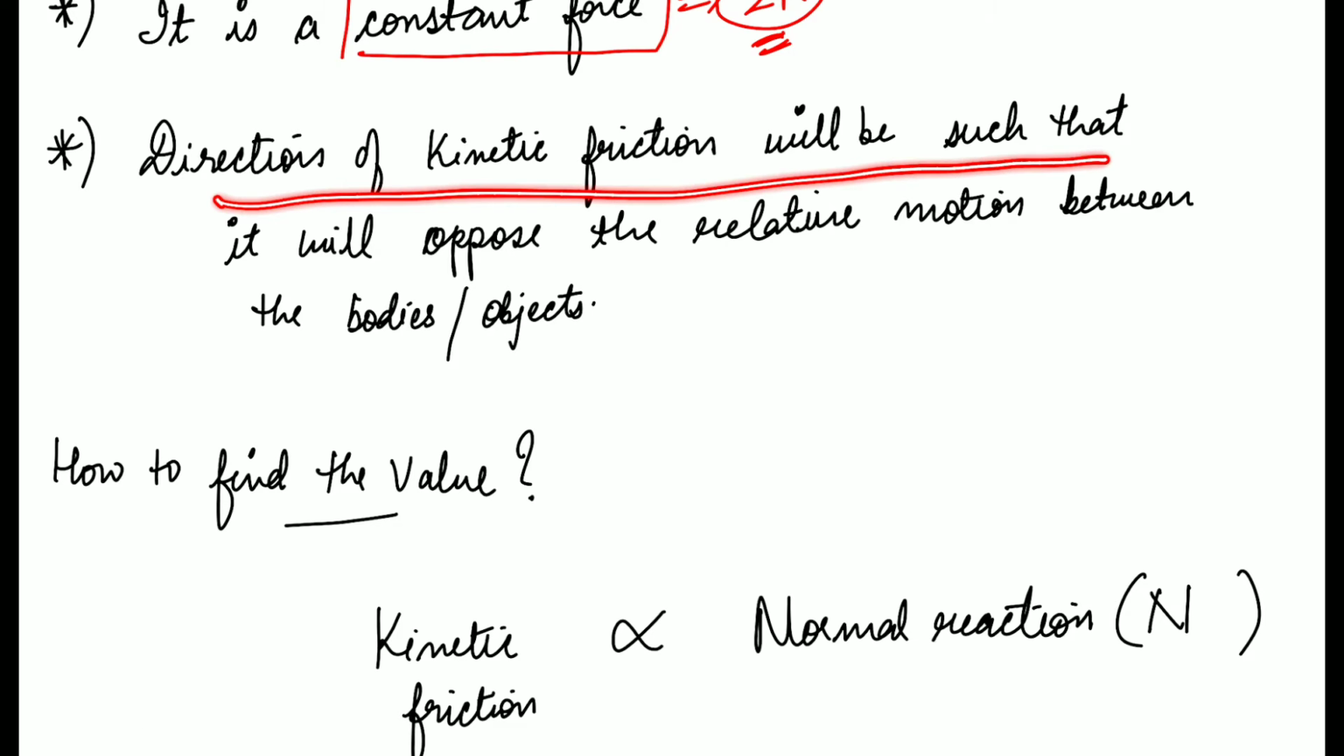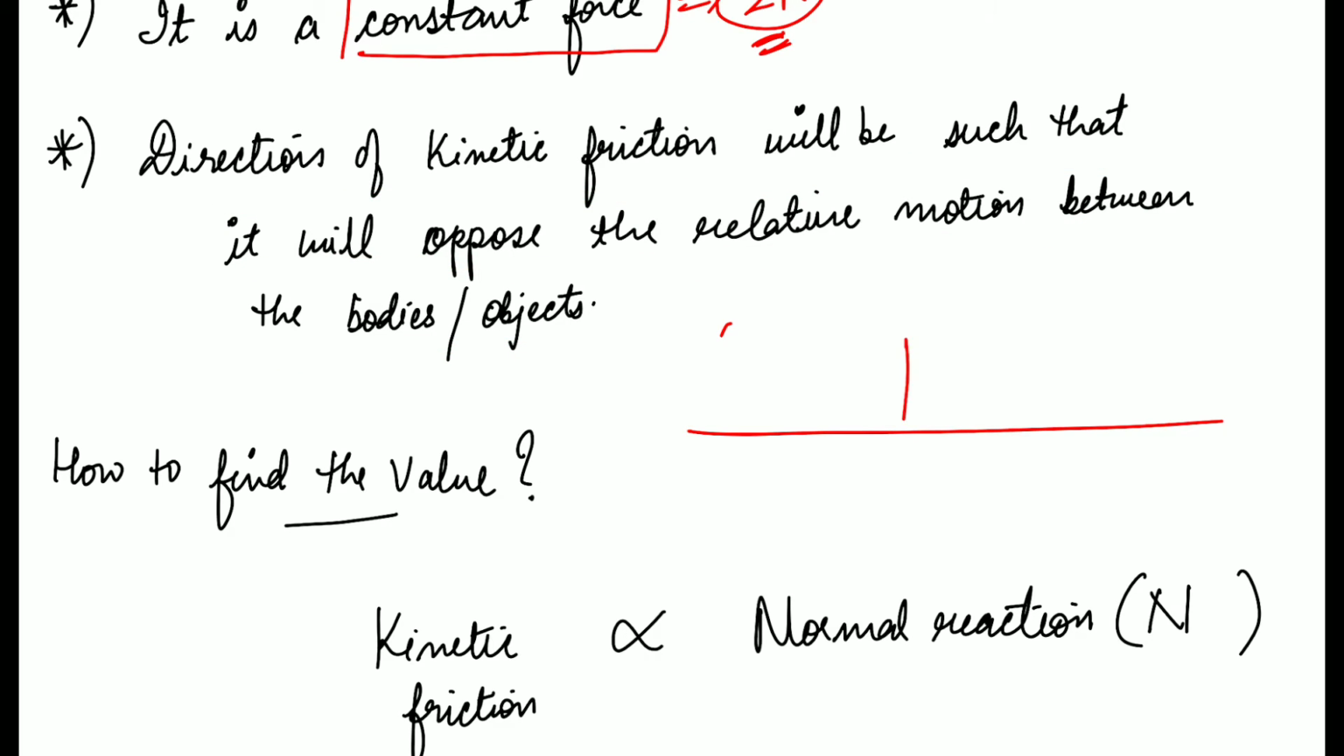Third one: the direction of kinetic friction will be such that it will oppose the relative motion between the bodies. Let's say I have the surface, and on the surface I have this mass m1. Let's say you have applied some external force. Because of that external force, the body is moving with some velocity v. Now you have to understand the friction will be tangentially